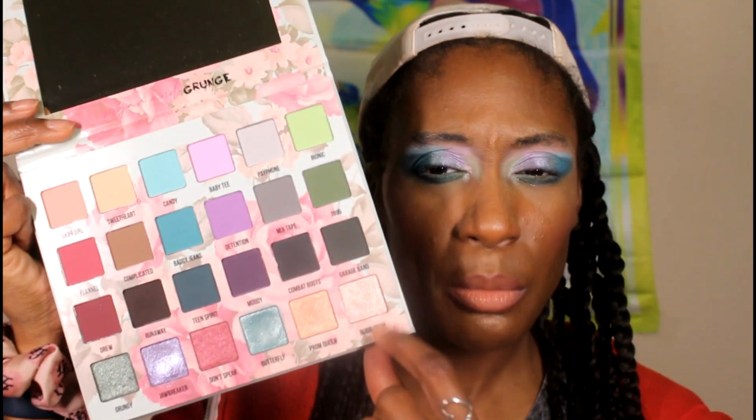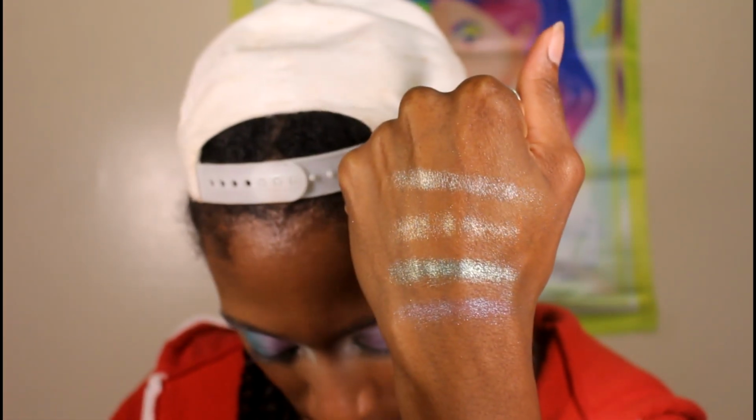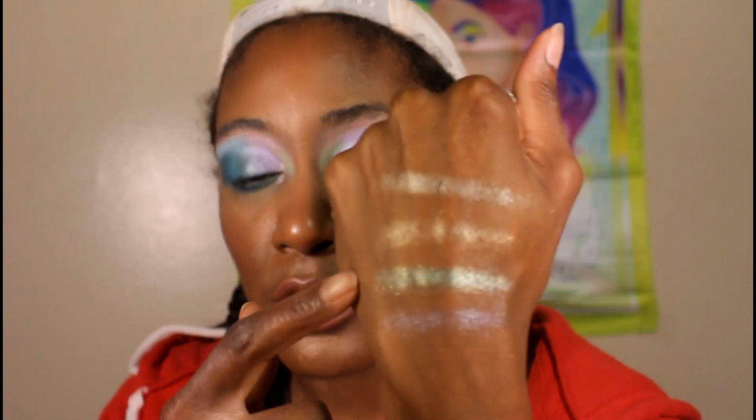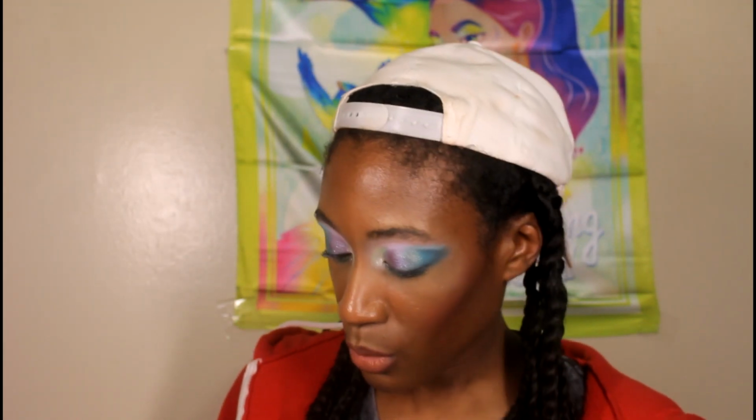I was a little disappointed in the shade Bubblegum. Again, let me show you the swatches on my hand. So this one is Bubblegum, this one is the orange shade that was next to it. What's that called? Prom Queen. This y'all know is Butterfly, and this is Jawbreaker. So I had to swatch them on my hand to see which one I wanted, but I'm a little disappointed